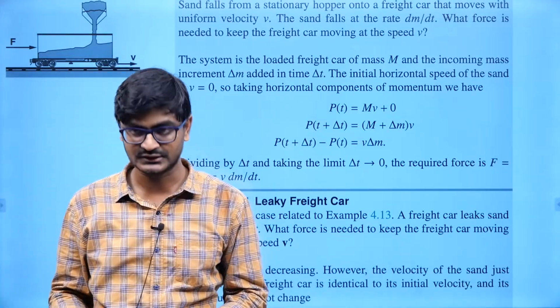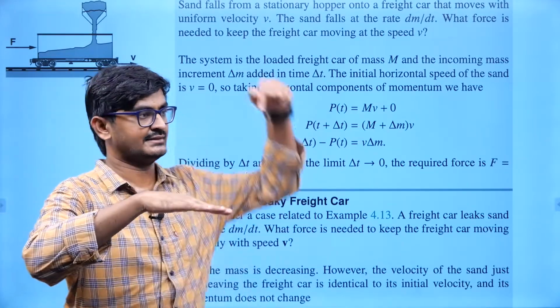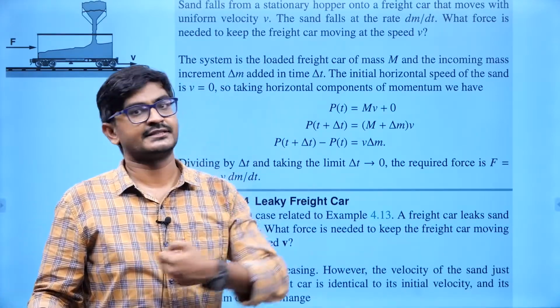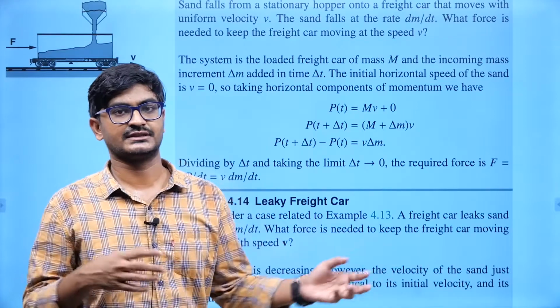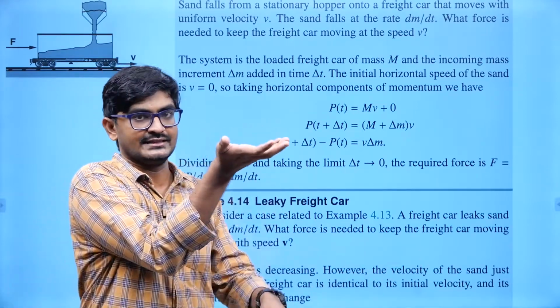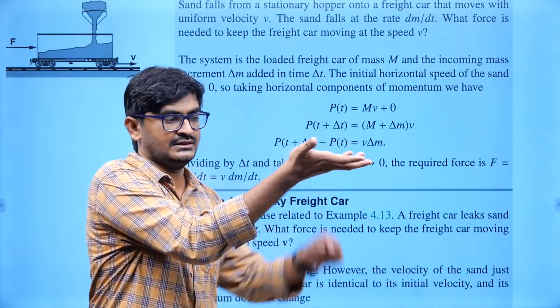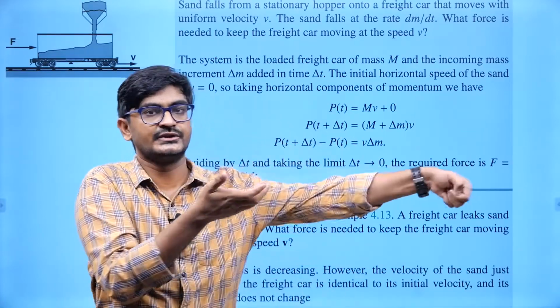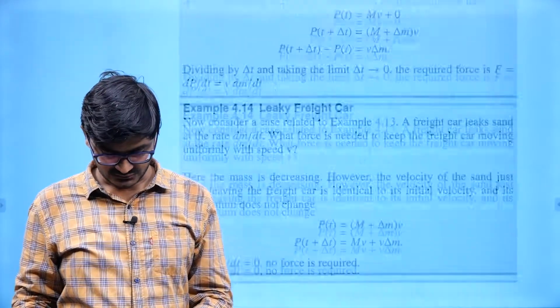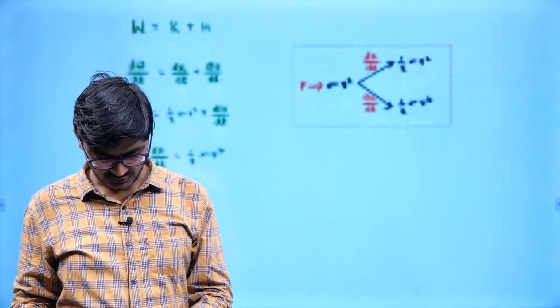The previous question was there was some belt going and sand is getting dropped. So what force do you need to apply so that it will move with constant velocity? That was the previous question. Now the new question is there is a cart with sand and sand is leaking. A cart is moving with velocity v, sand is leaking. So what force do you need to apply to make it move with constant velocity v? So that's the question. Now if I try to draw the figure,